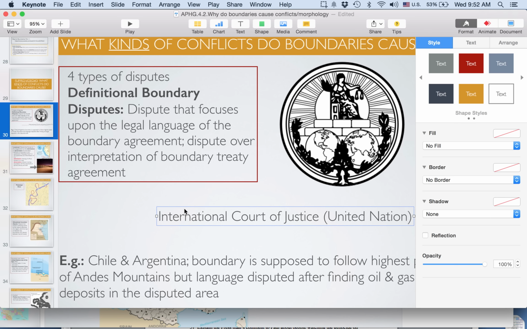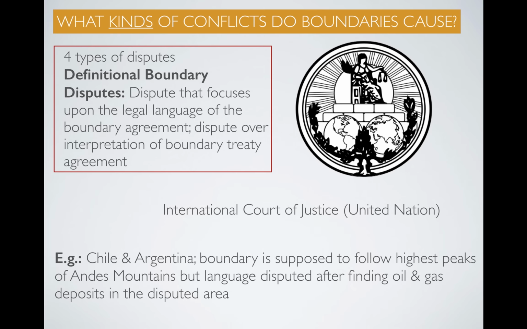Typically, what the countries will do is they will take their disputes to a group called the United Nations. We're going to be discussing them at length in about 2 class periods. So the United Nations is an international supranational organization, we'll talk about that, whose power supersedes that of individual states. And the International Court of Justice is really where those boundary disputes are hopefully resolved, as if not, that often leads to violent conflict and to war.